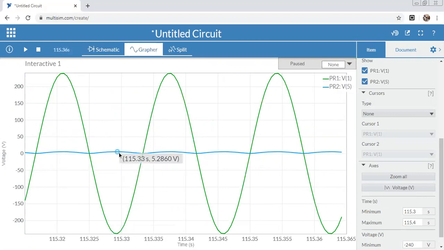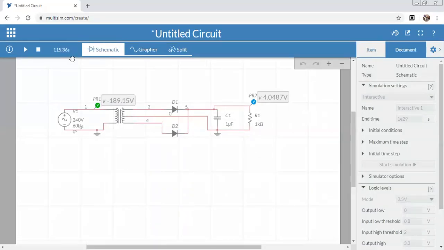So it is nothing but 5.2 volts. See here, 5.2 volt DC signal. We already know a DC signal is unidirectional. It consists of only the positive cycle. It doesn't go to the negative cycle, so it is only unidirectional. That is, 5.2 volts is the final output voltage for the given 240 volt input voltage. So once again, go to the schematic diagram.